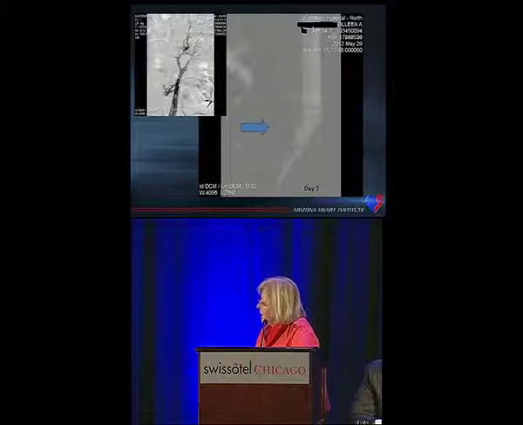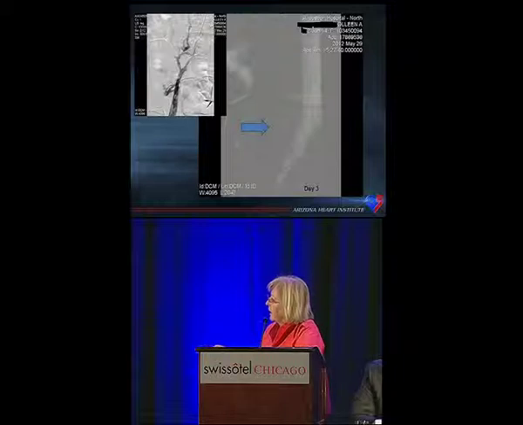And I think in retrospect, ignoring this narrowing in the distal common and external was probably not a good idea. The stent seemed to be up high enough in the initial placement, but they had the residual narrowing. And that's a judgment call that you learn. We've learned to stent more than less when it comes to irregular inflow, to keep the good flow coming through the stent. But she did, in fact,